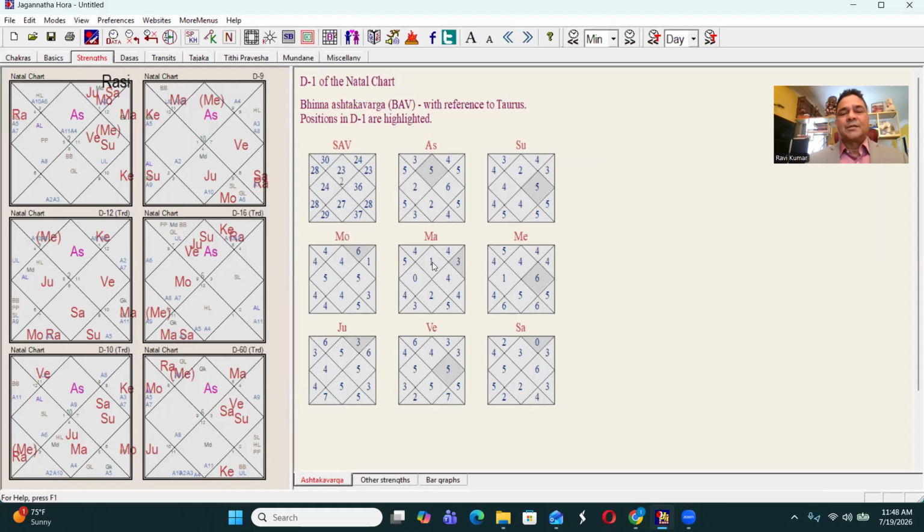Similarly, Mars is getting 1, 4, 5, 0, 4, like that. If you sum it up, in this very first house, Moon has 4, Mars has 1, Mercury 4, Jupiter 5, Venus 4, Saturn 3. Summing it all: 4 plus 1 is 5, plus 4 is 9, plus 4 is 14, plus 4 is 18, plus 3 is 21, and then Saturn also 2, so 23.